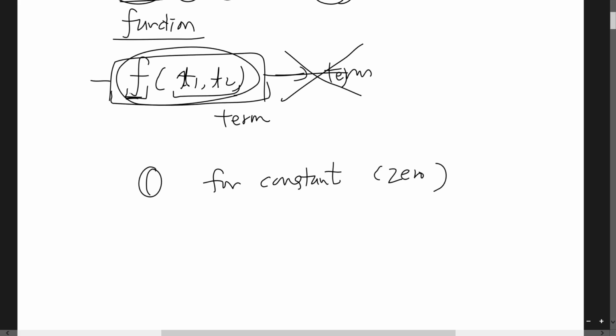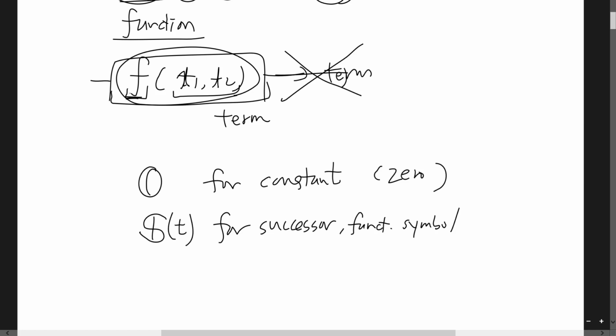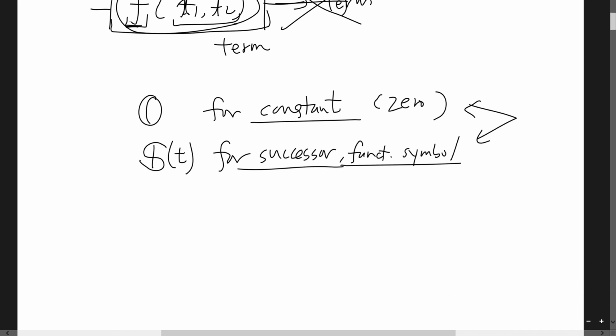Now you have another function symbol, successor. It's not a function, and it has arity 1, which means that it takes another term as its argument. Now you have a constant and a successor function symbol, and we can compose these two to create an infinite array of new terms. For example,